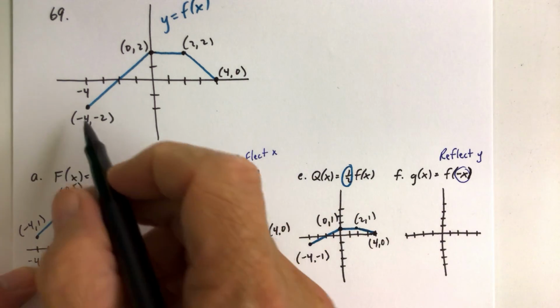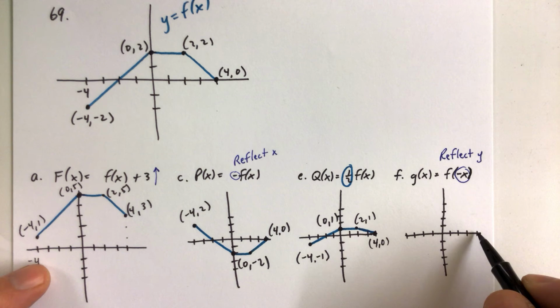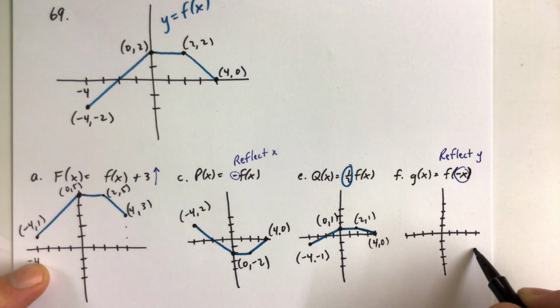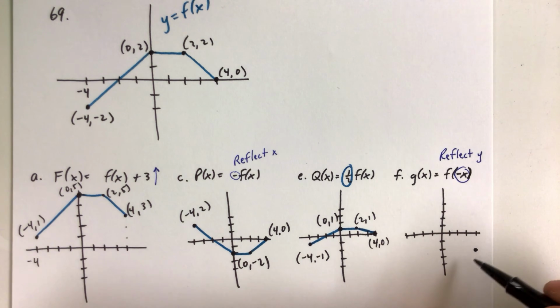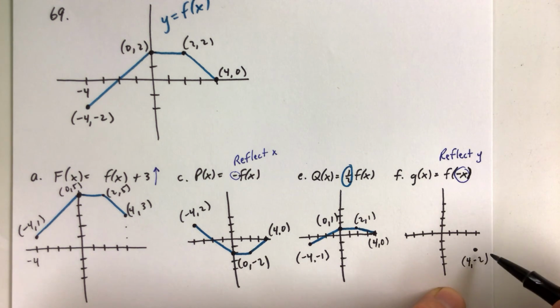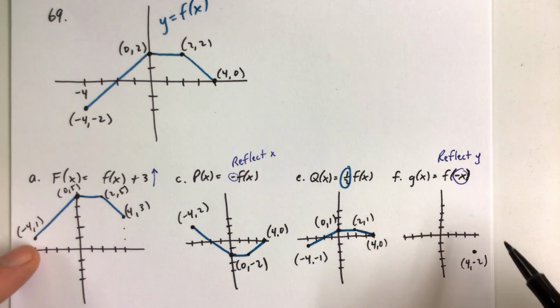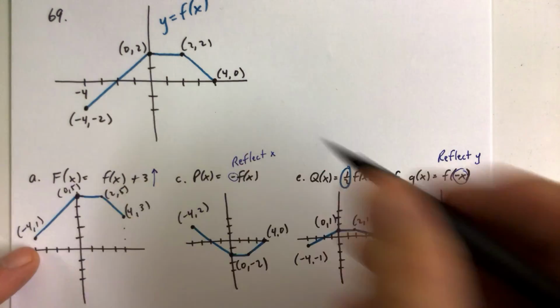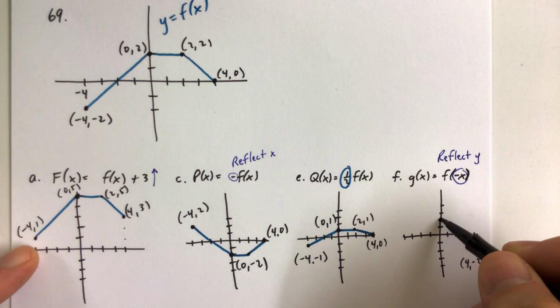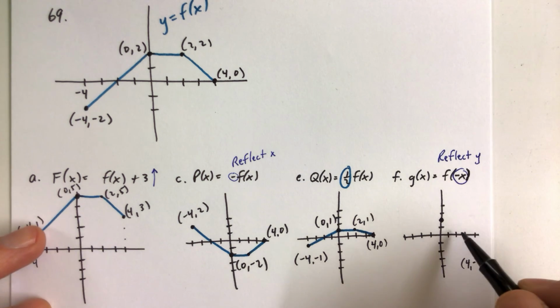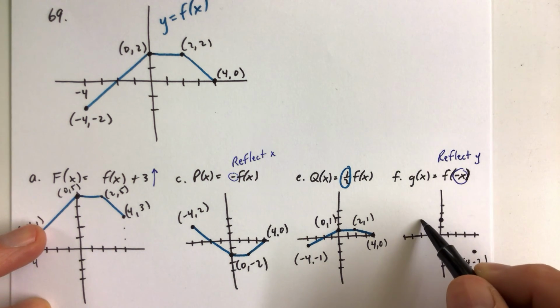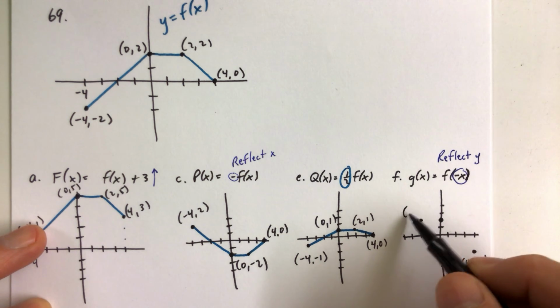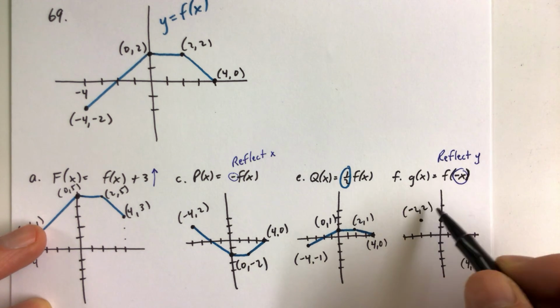And so -4, -2 becomes 4, -2. Again, the y values don't change on this one because we're reflecting in the horizontal direction, but the x values change. So 4, -2 is that point there. 0, 2 is still 0, 2. 2, 2 becomes -2, +2. -2, 2, and then